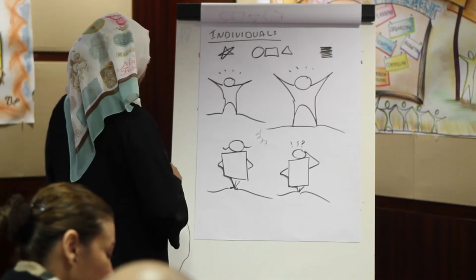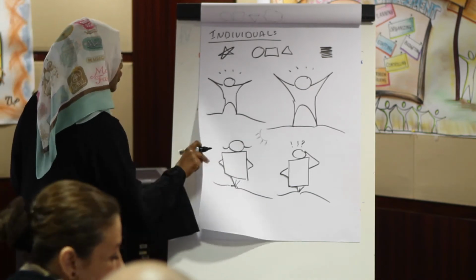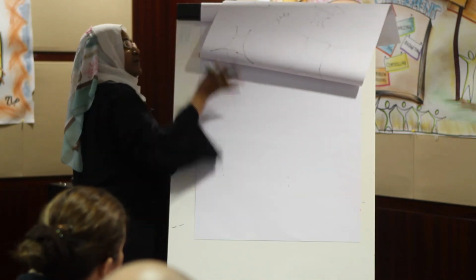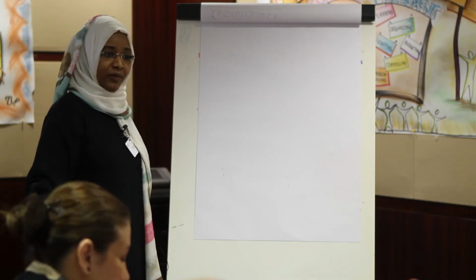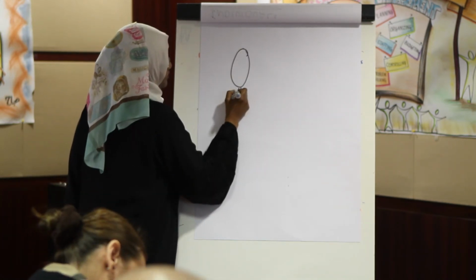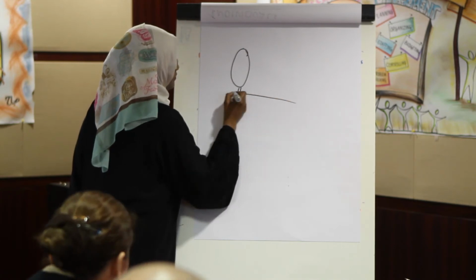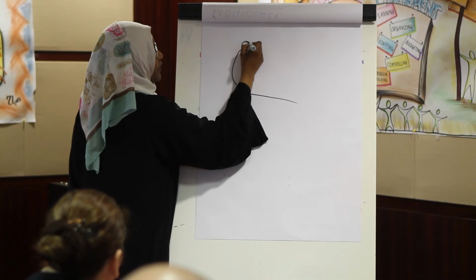Right, let's move to another shape, the third rule. We've tried the square one. Let's try the oval. This is a mother walking with her daughter. It can be a wall, it can be anything else. So I have to add extra things. This is the head, right? Okay? She's a mother. It is a wall.